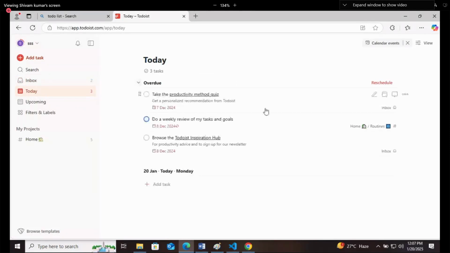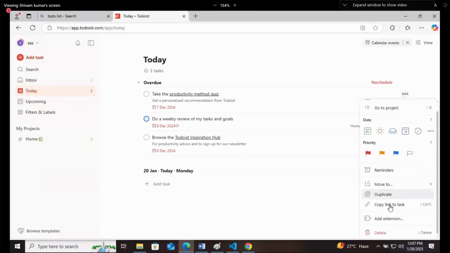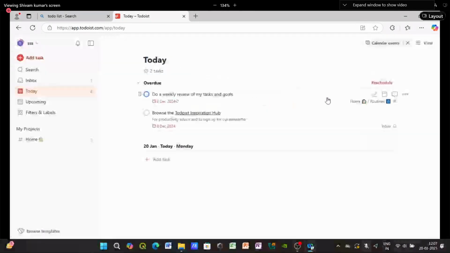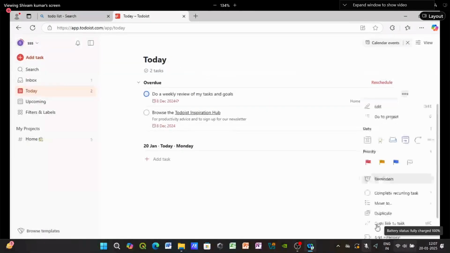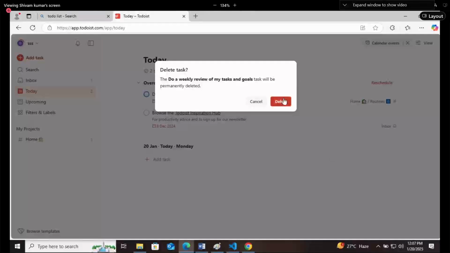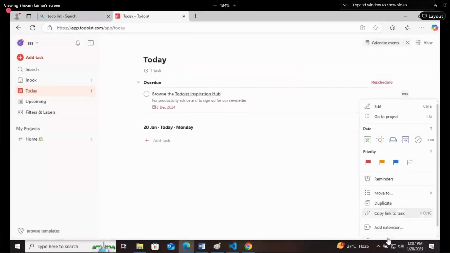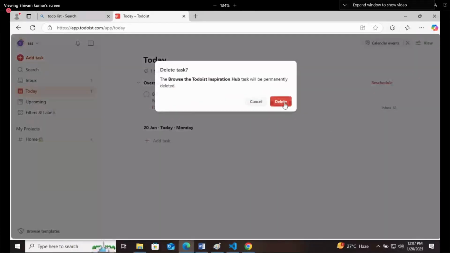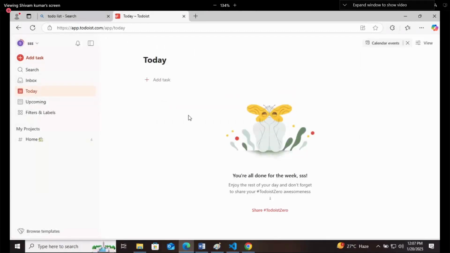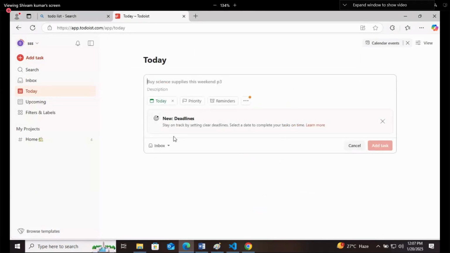And here, let me first delete them. I'll show you from the starting only. So in starting, it will be like this, right? So whenever you are clicking on add task, click on this, it will display a box for you.